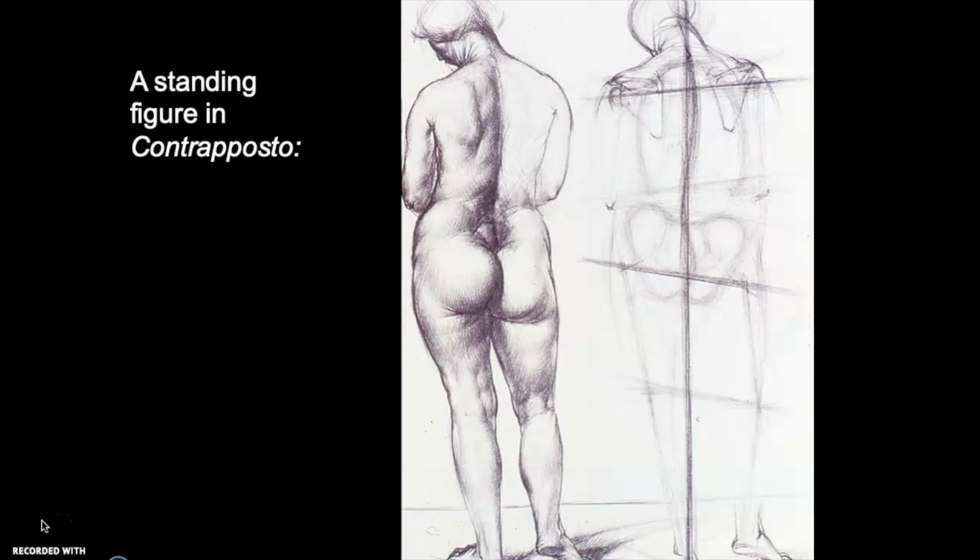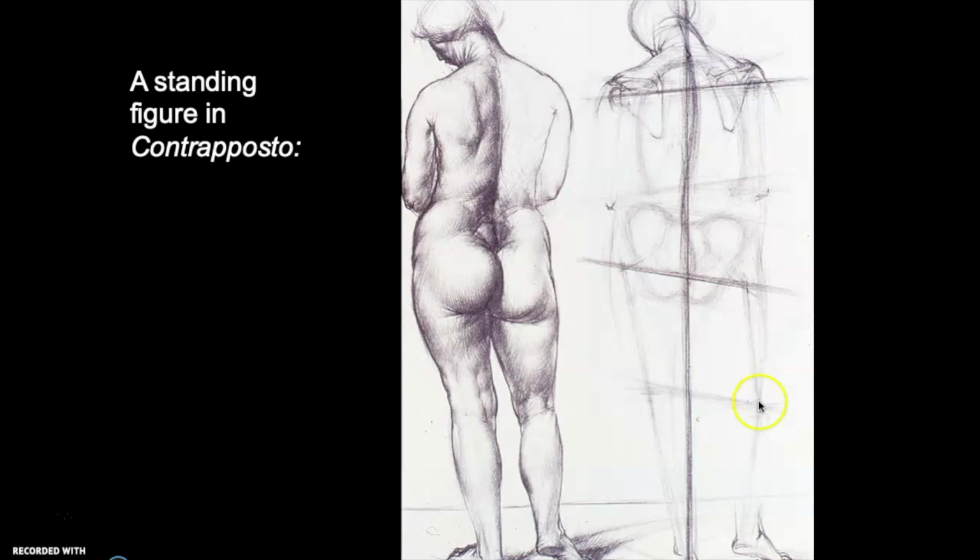And just another reminder, contrapposto really just refers to the natural way we carry weight. And you'll notice like most figures or most people, when they're just standing around or sitting in a chair, they're always shifting their weight from one side of their body to the next. A good illustration of this is if you look at this line that runs down the middle of the body, you notice that the load-bearing leg over here is all on this heel. All the weight, the center of the mass, lines up with this line right here. This other leg is just sort of floating. It's kind of there for balance,